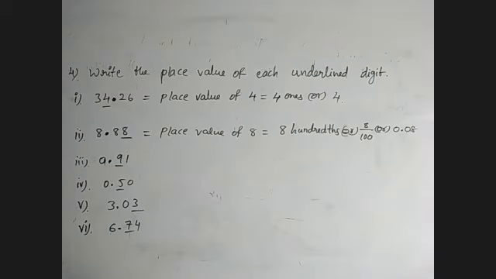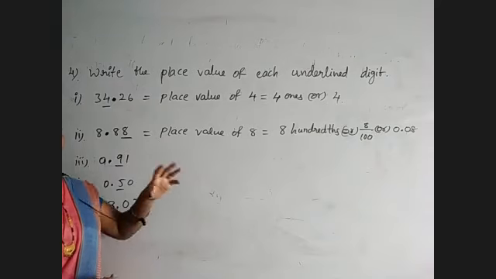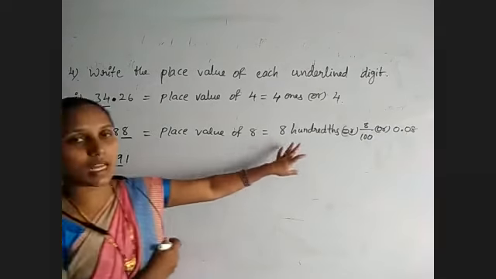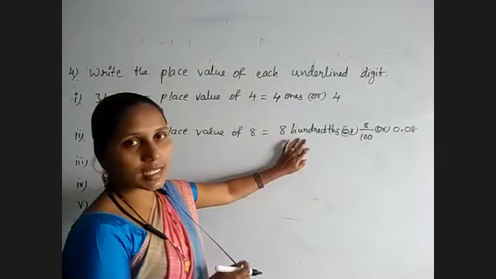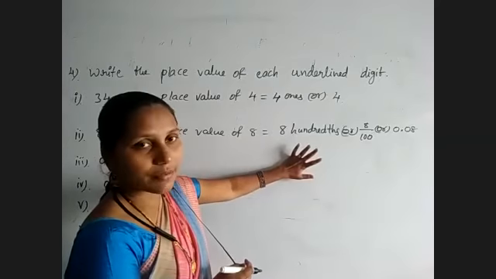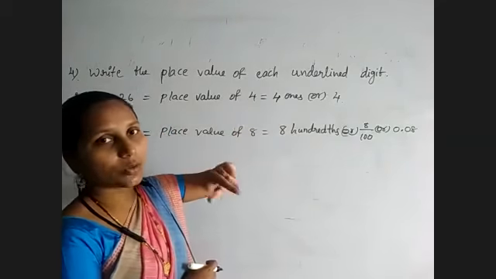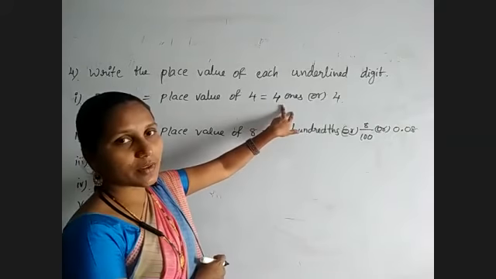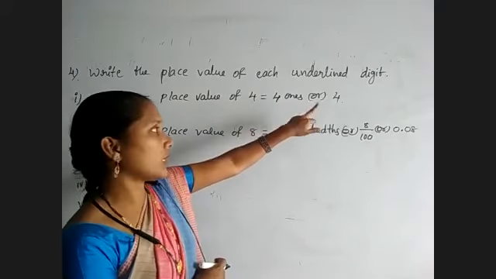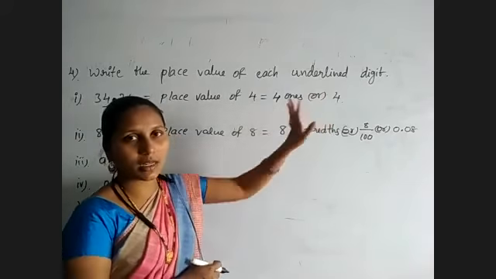Okay. So whenever we are getting a digit in the decimal portion, we can take any one of these. We can write it in words as a place value, otherwise in fraction form, otherwise in decimal form. If you are getting it in the whole number part, in two ways we can write it: in words we can write the place value, otherwise the numerical value.